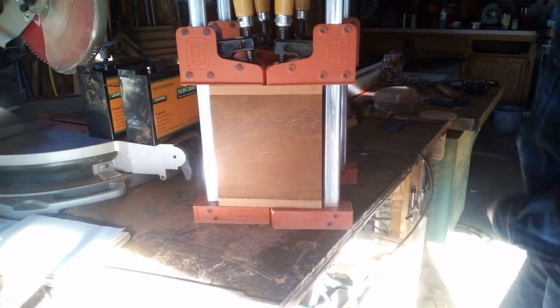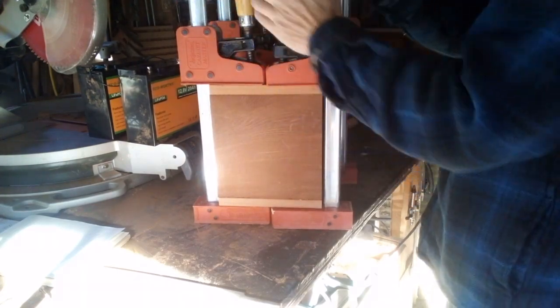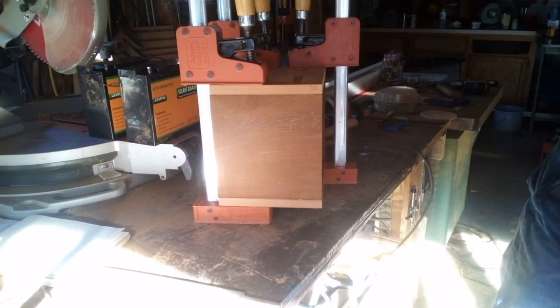Alright, it's been a while. I had to take it inside because it's so cold. I couldn't get the glue to cure, so